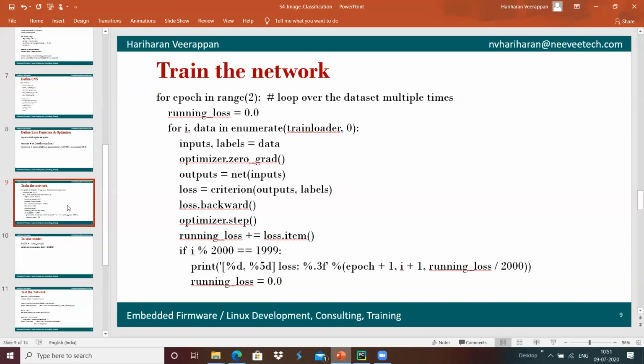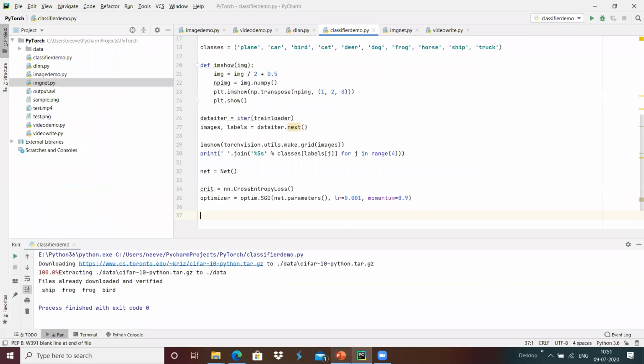For example, we are going to train this network for 2 epochs, so for epoch in range of 2, which means 0, 1.